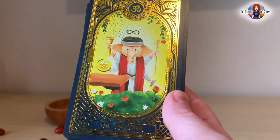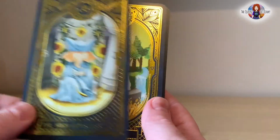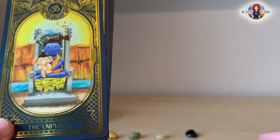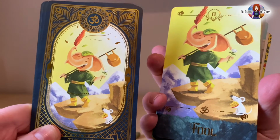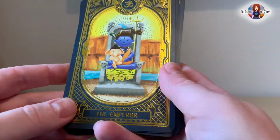So we've got the Fool, the Magician, the High Priestess. So you can see they've got that gold edging this time. So the image has got the borders. The Empress, the Emperor, and the images are slightly different. In fact, let's just have a quick look before I continue. And we'll compare the Fools. So you can see they are the same image, but they've got that border around them. So continuing, we have the Emperor,